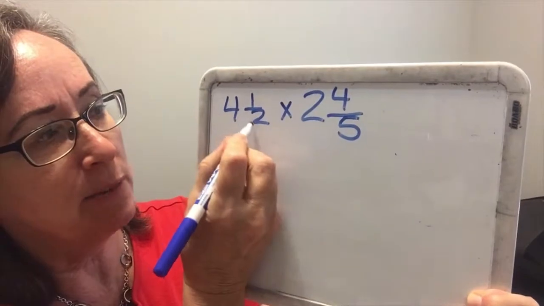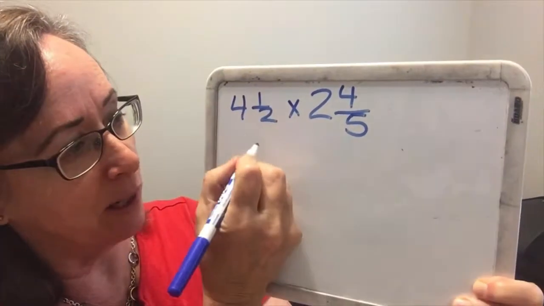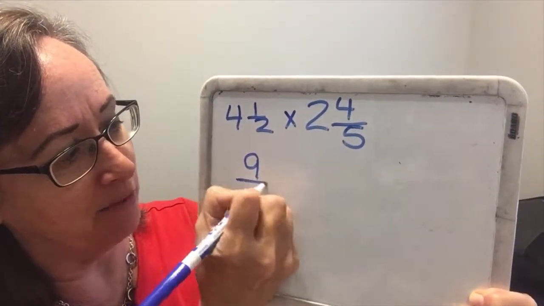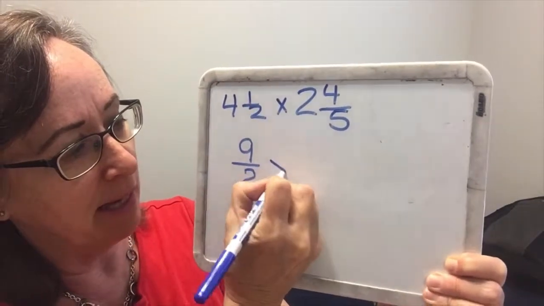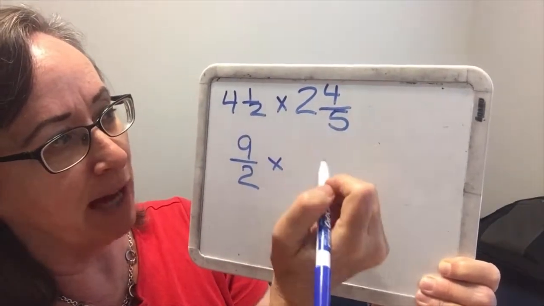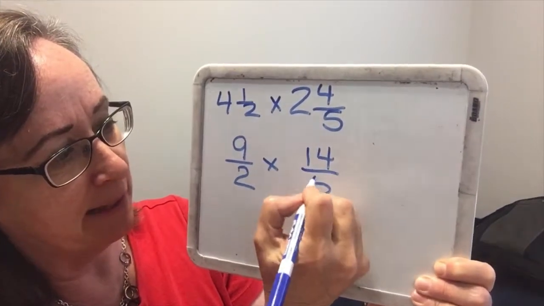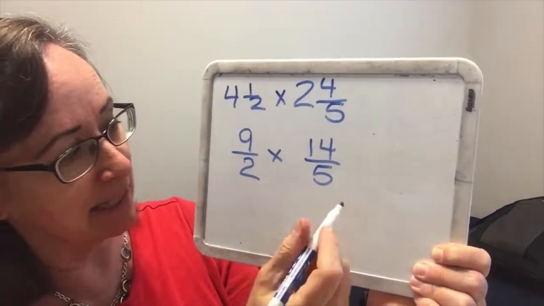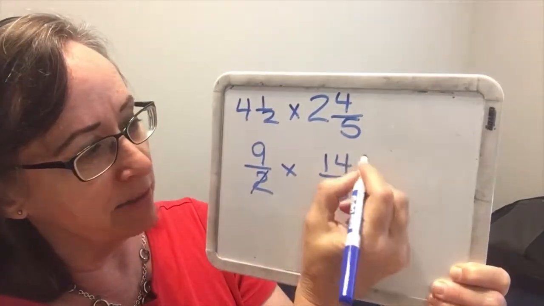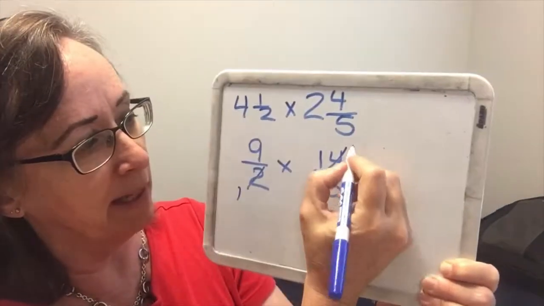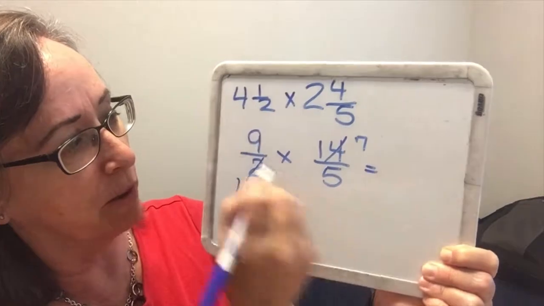So 4 times 2 is 8 plus 1 is 9. So 4.5 becomes 9 halves. And we're going to multiply. 2 times 5 is 10 plus 4 is 14 fifths. Okay, not a lot of canceling, but a little bit. We can cancel the 2 and the 14 with a 1 and a 7. So we're going to wind up with